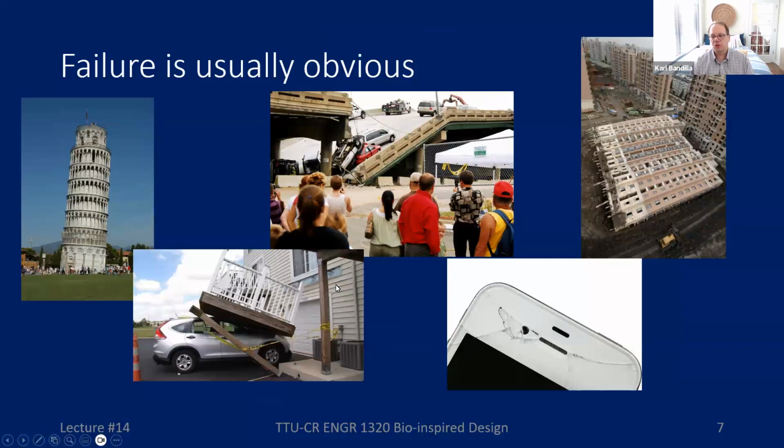Of course, our structures don't always work, right? Sometimes they fail, or quite obviously, quite often they fail. That can be a slow failure, like the Tower of Pisa, which they noticed as they were building it that it was leaning, so they tried to adjust a little bit, but it didn't work. But it can also be more sudden failures, like this bridge here, where the bridge failed, there's a little balcony that crashed onto somebody's car,